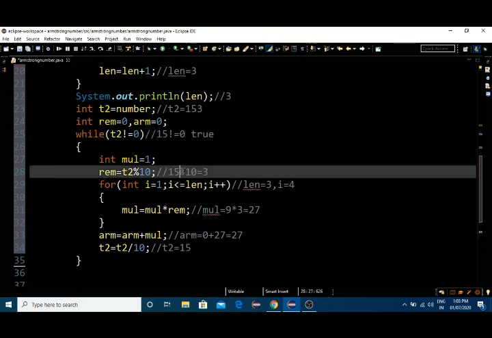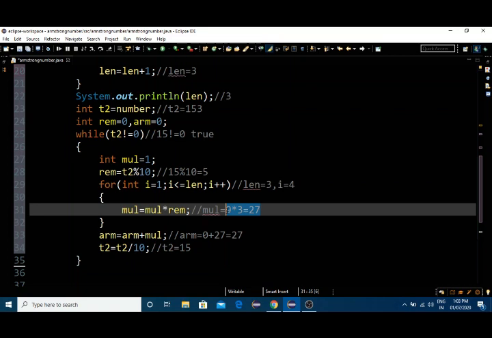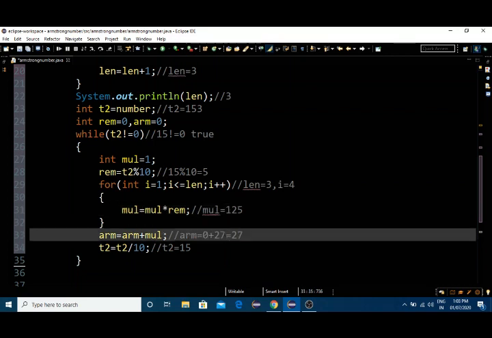Here 15 modulus 10 gives 5 as the remainder, and the same procedure goes on once again, and we get the multiply value as 125. Here we already have 27 in arm, so 27 plus 125 equals 152. We are getting 152.